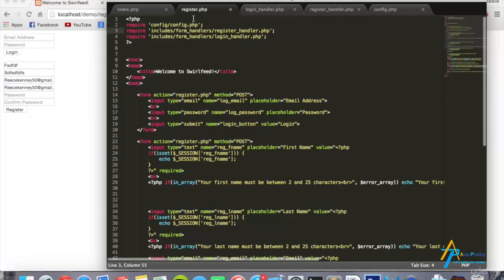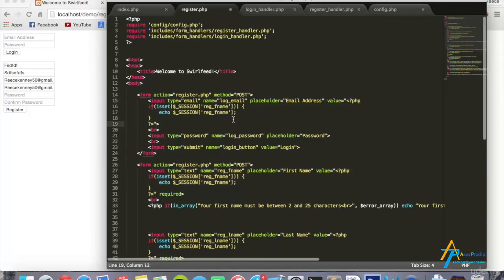So down here in our register.php in the form, we're going to copy and paste the code from down here in the register input field. We're going to take this from the value, copy that, I'm going to put it inside the email input field. I'm going to say this is called log_email. This is just going to let our email address appear there if there's an error logging in,